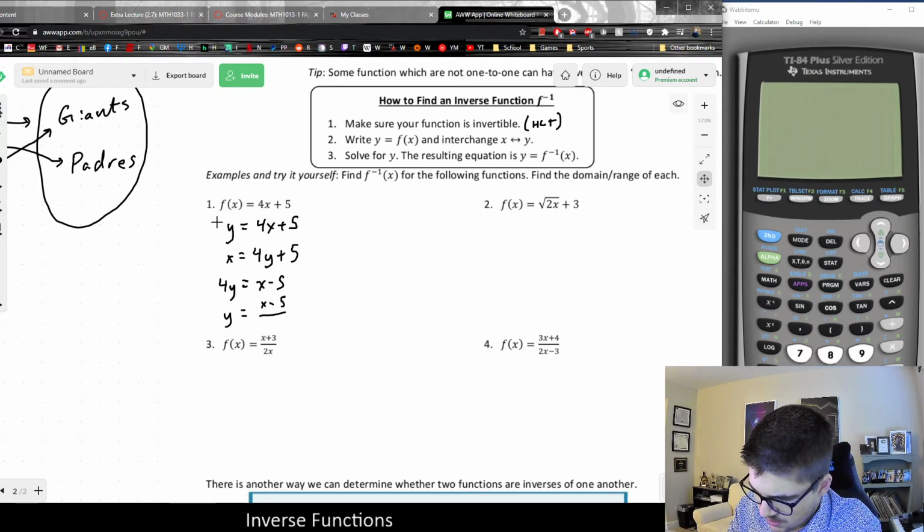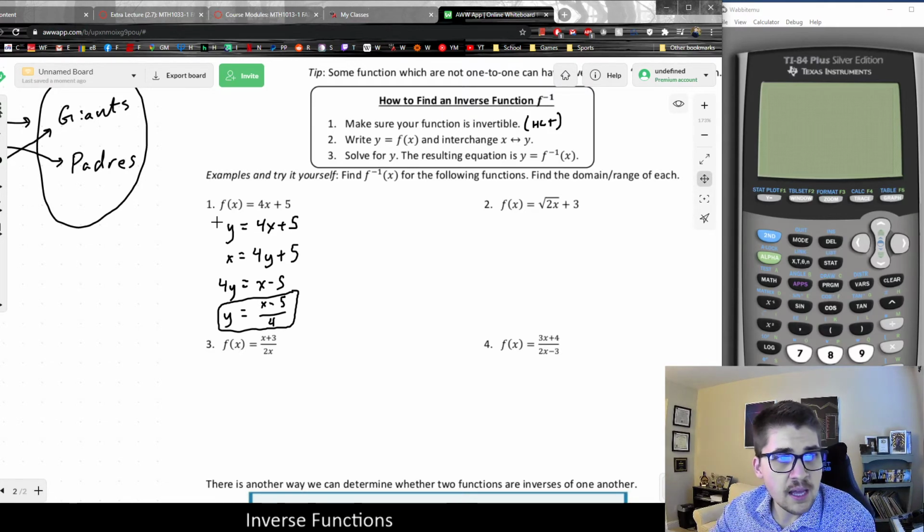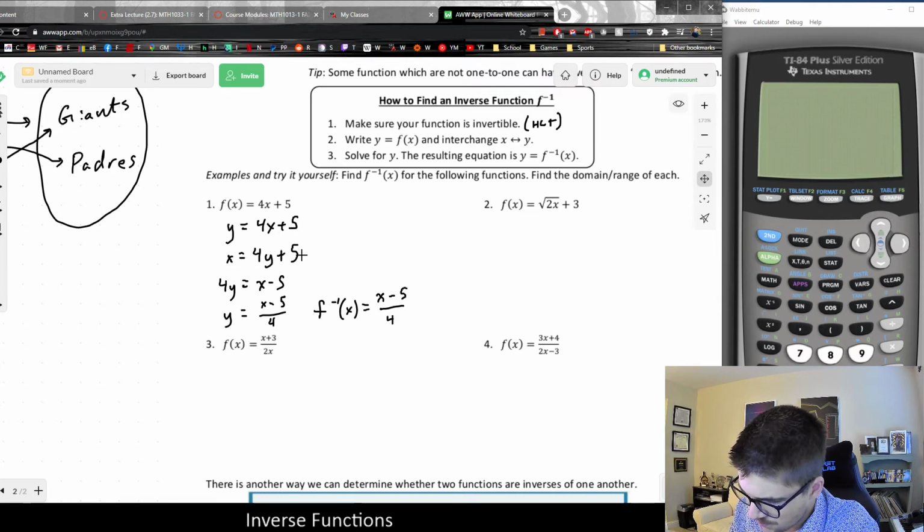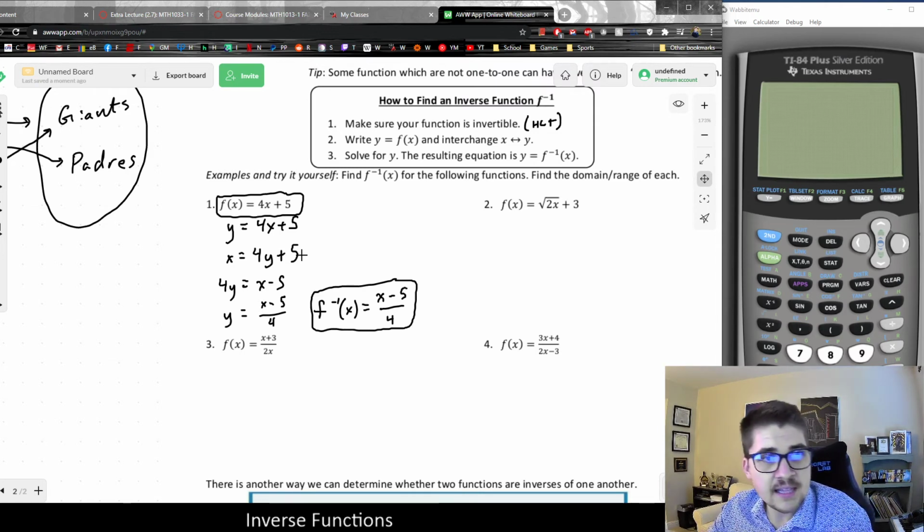I could distribute that 1/4 to each term, but I'll just go ahead and leave it like this, since it's not too specific. And then the last step: the resulting equation is y is equal to the inverse. So basically, you could then replace the new y with f inverse, and this would be my inverse function. It's still going to be an inverse function, but since I've switched x and y,